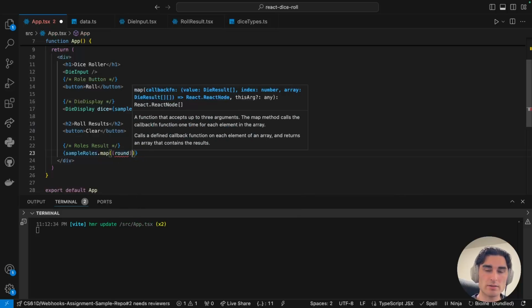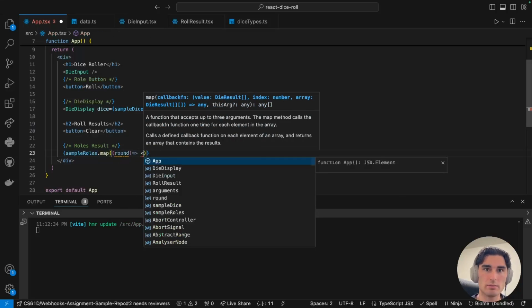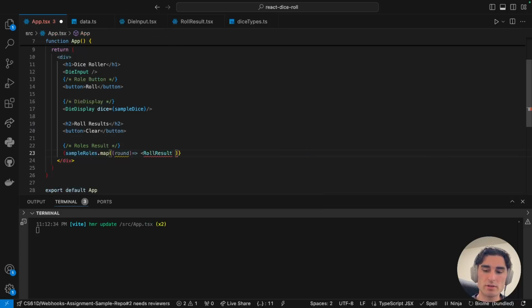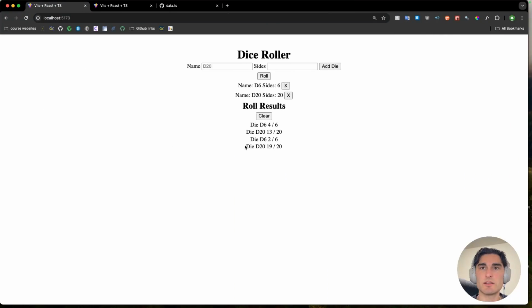Each round will map to a role result, and the role result will be that individual round. You can save that and check it out. So we've got the die and then the die name and then the actual role out of the possible number